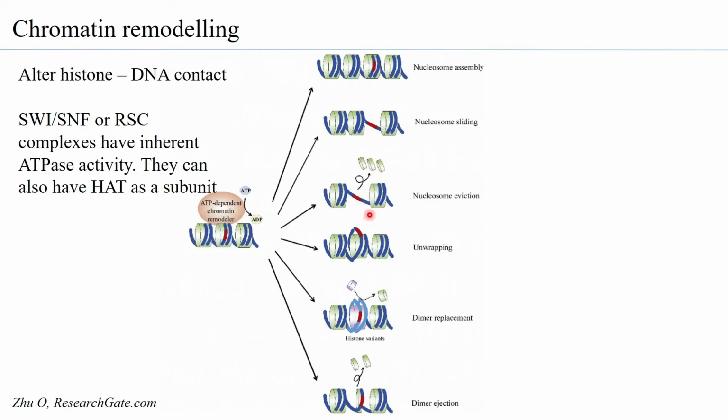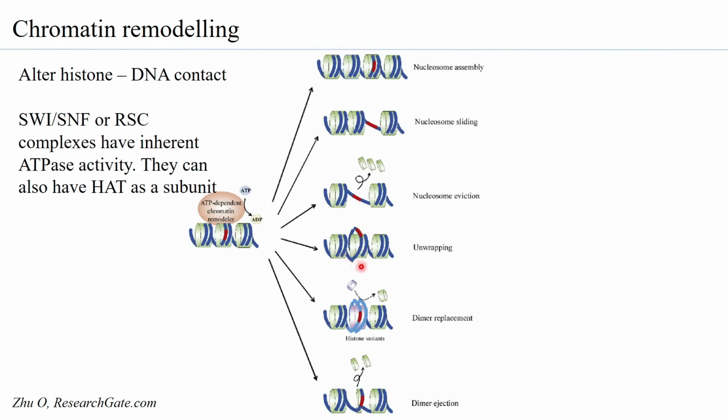What can also be done is that an existing nucleosome can be completely evicted. That is, the entire octamer can be removed from a particular region, and because it is removed from a particular position, you again have a linker DNA that becomes longer without a nucleosome, and you can have the promoter region present within that linker DNA, and therefore accessibility for the pre-initiation complex to assemble becomes greater.